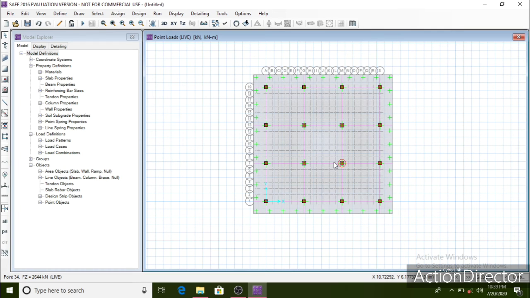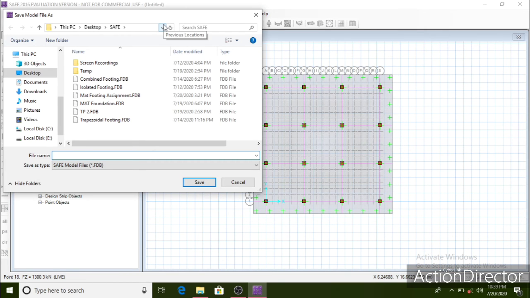Now we need to run analysis on this model. So go to run, click on run analysis, save the file.